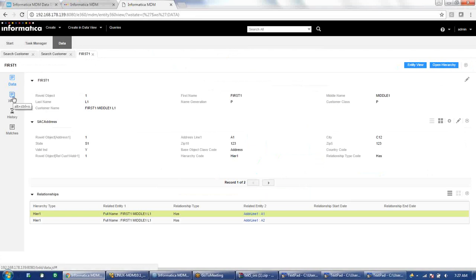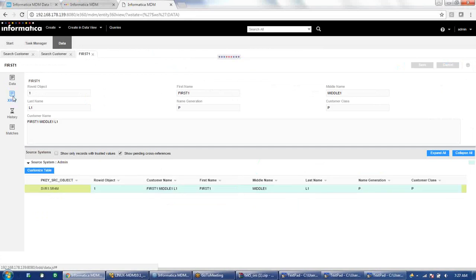Similarly, if you go to the history xref table, I can see the xref here. As of now, only one xref is there, and that is from the admin system, because all the records are loaded from the admin system itself. If there are multiple systems, it will show that a particular record is from CRM system or sales system. And if you merge it, it will show that these two records are merged, and which value from which system has been promoted into the master record. That can be easily seen here depending on the colors.